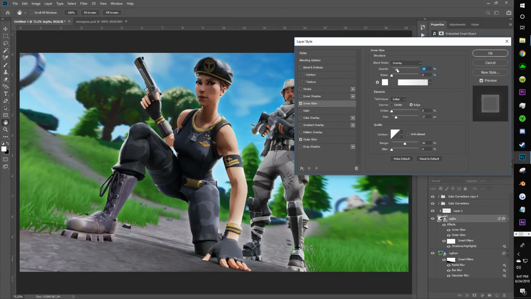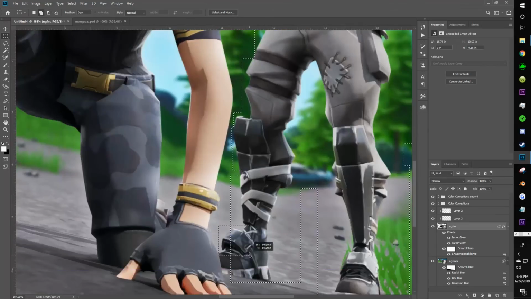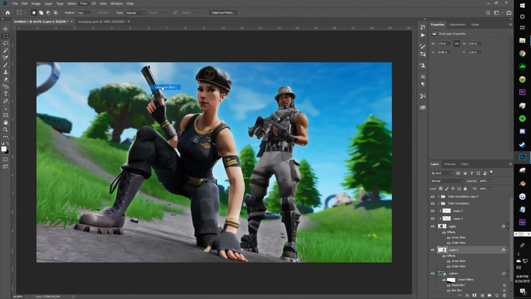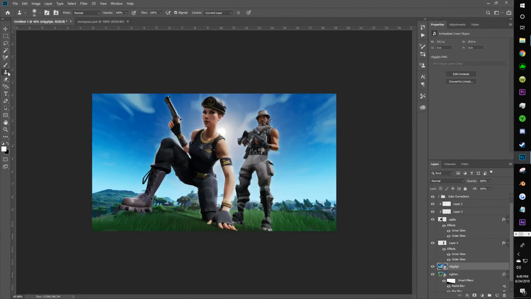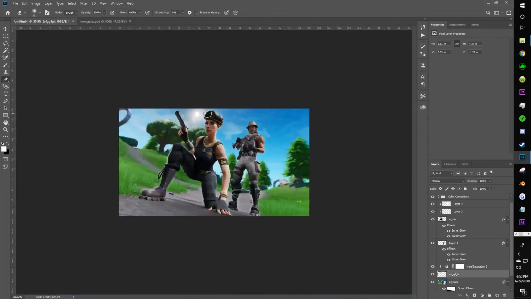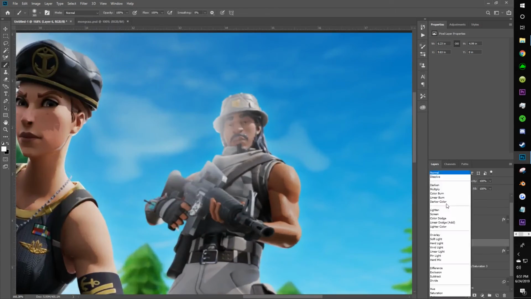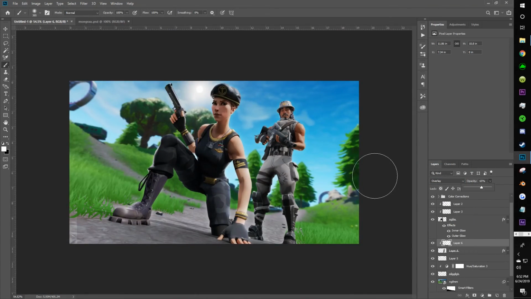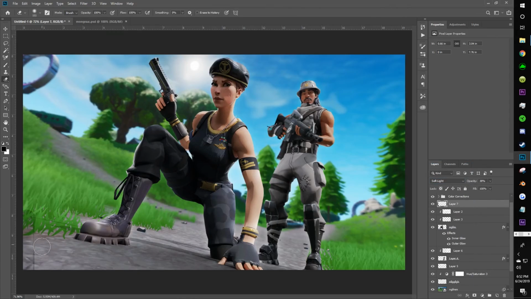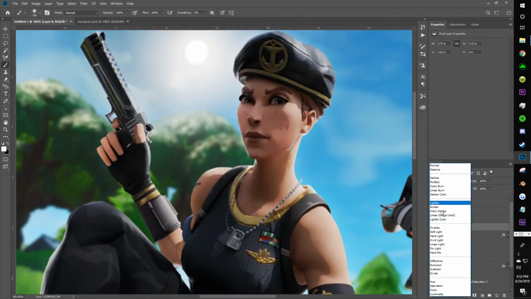So the rest of this is pretty much just my own way of doing Photoshop work. Obviously, every single time it's going to be different depending on what your piece is and what you're actually doing. I don't really have too much to show that's going to help you guys a lot. This is pretty much going to be more of a speed art for the rest of this video. I'm going to go a little bit more in depth on some other stuff at the very end, but right now I'm just going to show a quick speed art of some of the extra stuff that I add on to my pieces before I actually get into the final